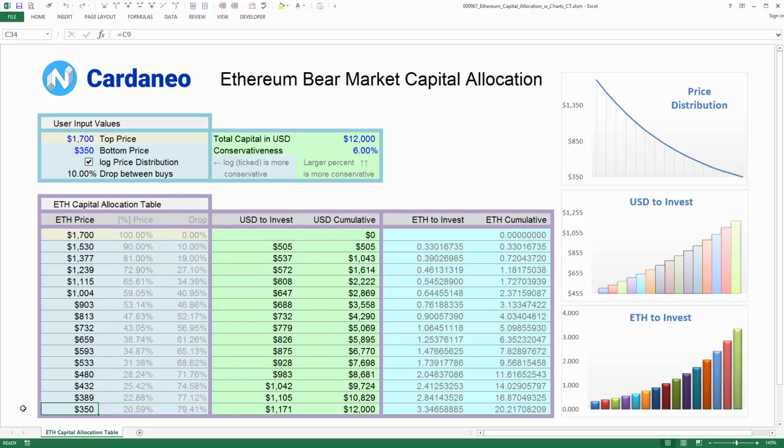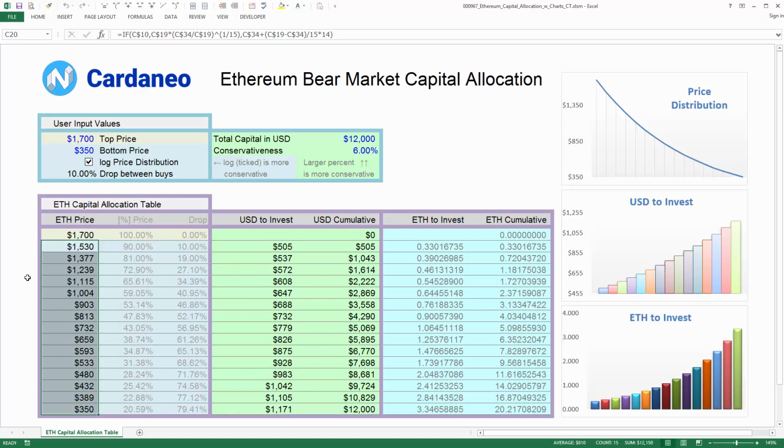Now, there's no guarantee that that price will ever happen. In other words, your bottom price is the price that you must be okay with even if it's never reached, or if it's reached and the price actually drops through that price and goes much lower. Now, when you have top and bottom prices determined, you'll see that there's a range of prices here that is being divided into different price levels.